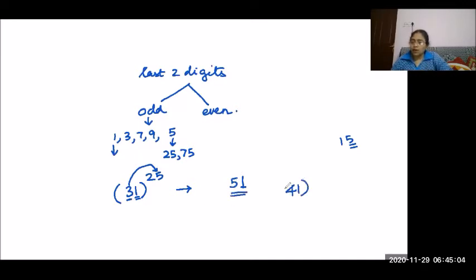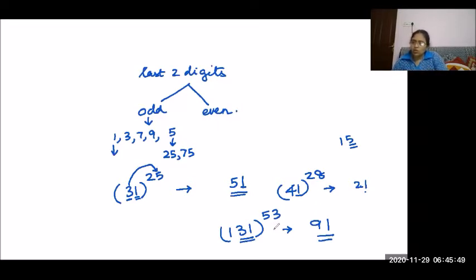41 to the power 28. It will be 21. Yes. So 1 is always 1. And 4 into 8, 32, 2. 131 to the power 53. So if you have 3 digits in the base, you just have to worry about the last 2 digits, right? 91 is the last 2 digits of 131 to the power 53. So with 1, it's very easy.